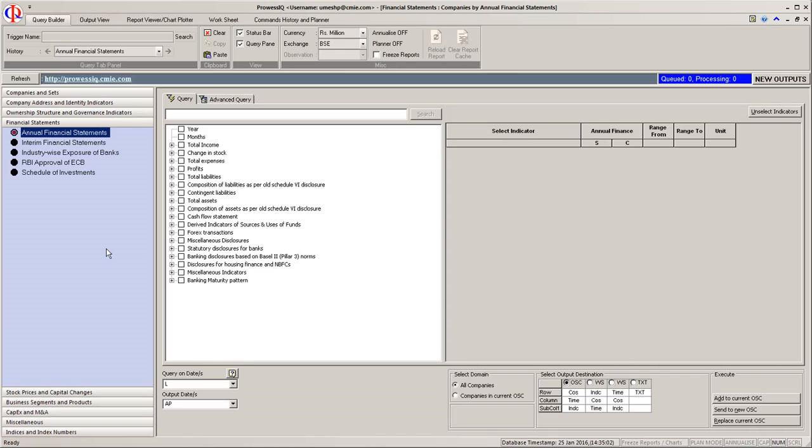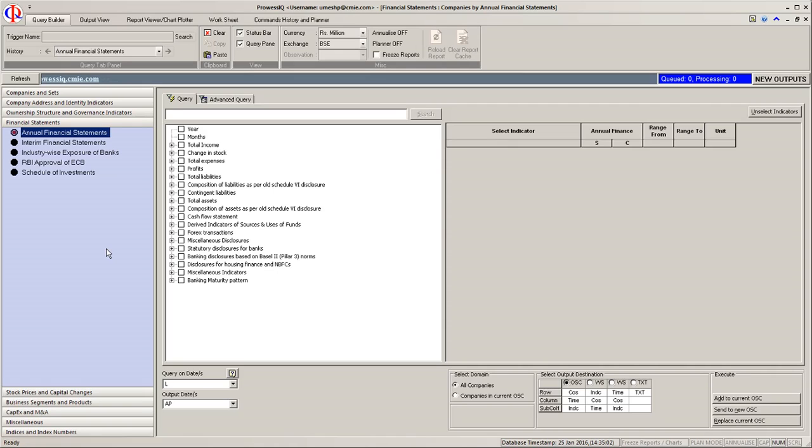Related party transactions disclosure is mandatory for listed companies, banks, financial institutions, companies with sales over 500 million or with a borrowing of over 100 million and their holding companies. Let us understand the functioning of this query trigger with the help of an example. Suppose we want to find ITES companies that issued share capital of over 100 million to all excluding key personnel and relatives party type for March 2015.